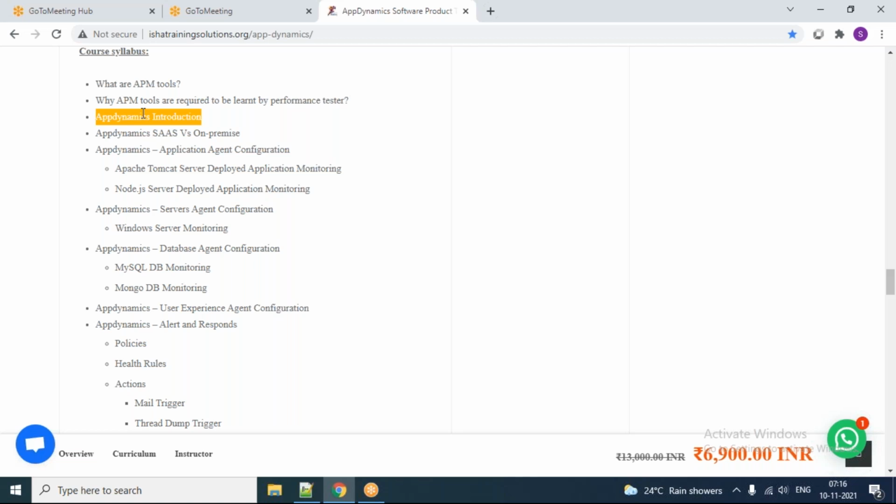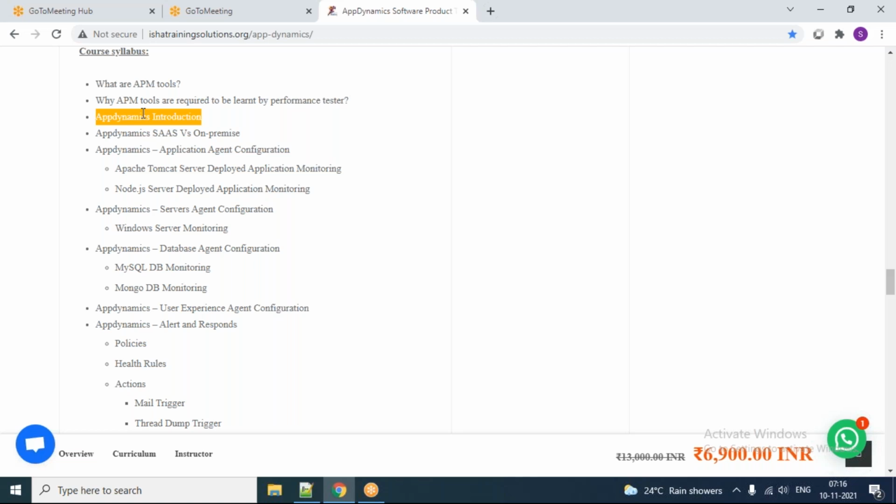But here it is not like that. In our course journey, we are trying to do the end-to-end activity. I mean, you will be learning how to do the agent configuration, how the data is coming to AppDynamics, and how to do the investigation. All those things we are going to learn from the end-to-end full stack perspective. We are not only learning post-configuration, we are also learning pre-configuration things as well. I mean, how you are going to do your agent configuration.